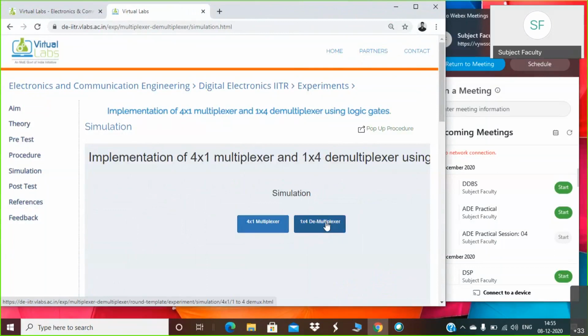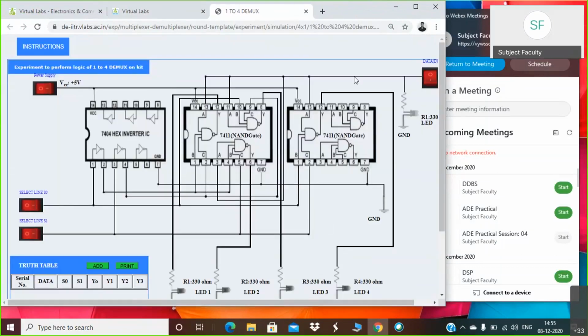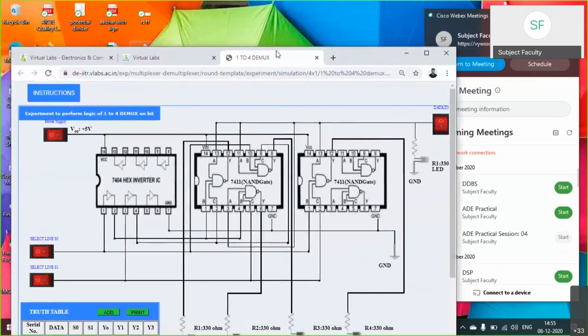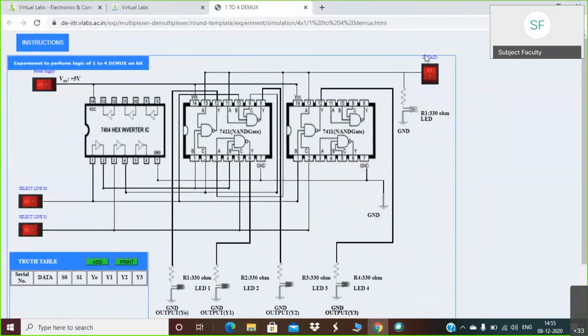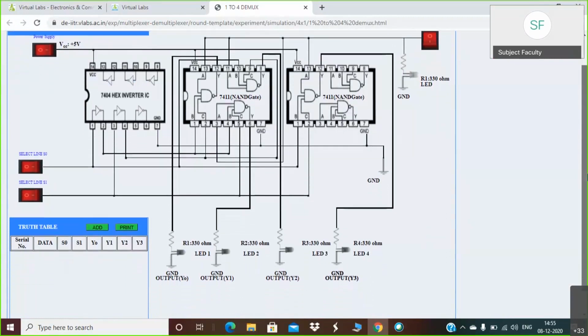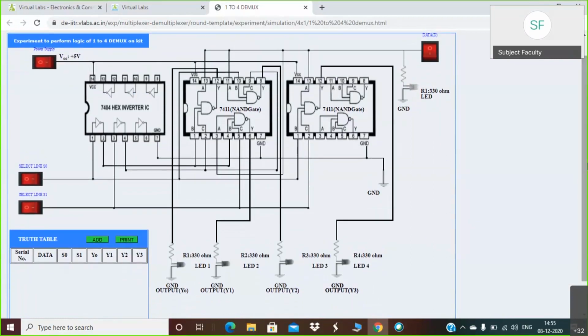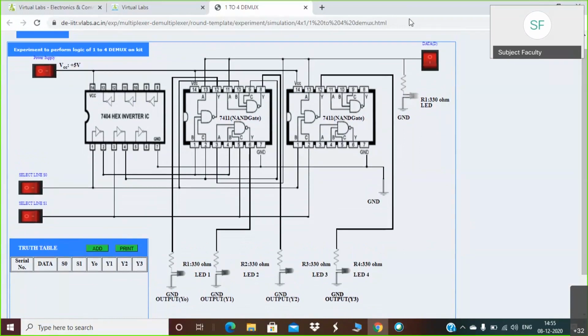Similarly, you can try the 1:4 demultiplexer. So now this is a demultiplexer circuit. Again, we know that a demultiplexer will have 1 input, 4 outputs and 2 select lines. Here you can observe this is the data input.